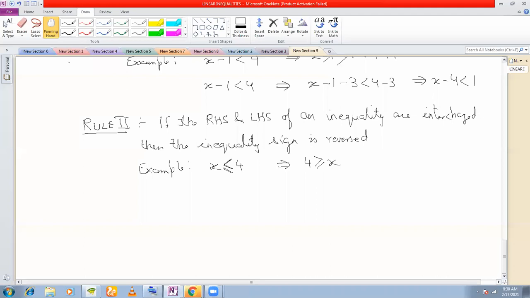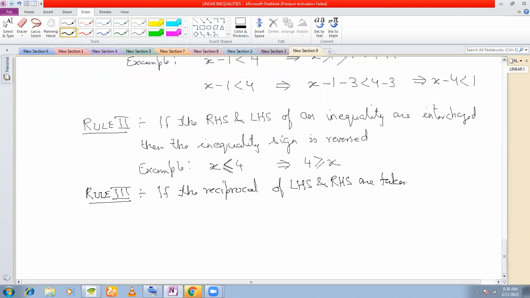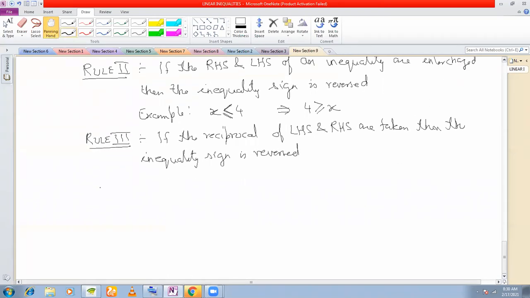The third rule is, if the reciprocal of LHS and RHS are taken, then the inequality sign is reversed. Okay. That is, for example,